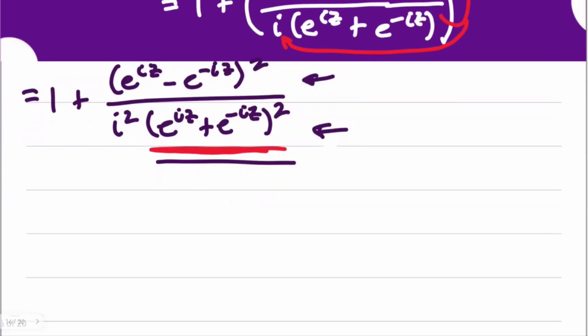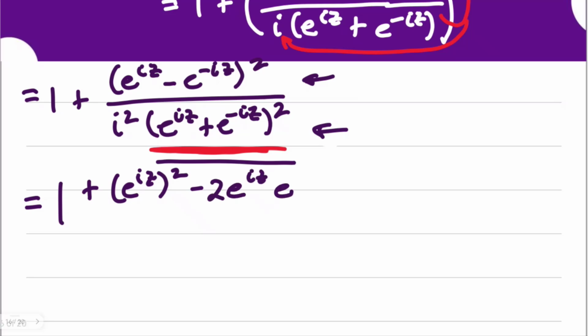So allow me to continue that again by not simplifying the square of binomial expression in our denominator. So we'll have here 1, again, a big 1, plus, let's apply the square of a binomial expression for our numerator. It's actually like this. The square of the first term, then you have minus because you have minus here, minus twice the product of the first term and the second term. And since you're squaring the second term, you will have here plus the square of the second term, that's negative iz.